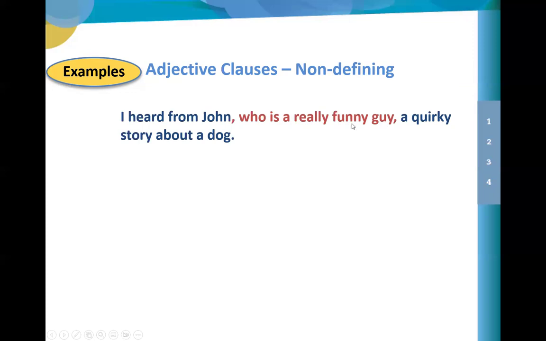This is extra information about John. So John is a really funny guy. We can say this information in another, separate sentence. It is not essential for the sentence, okay? It is not important to identify which person we are talking about because we know the person,